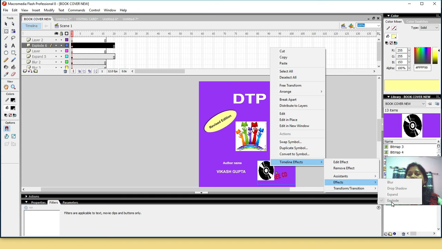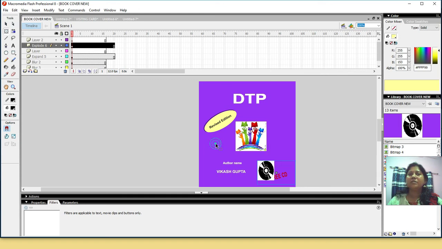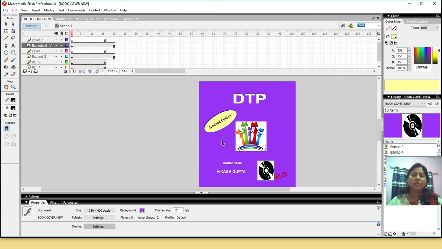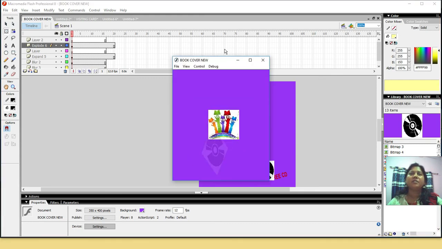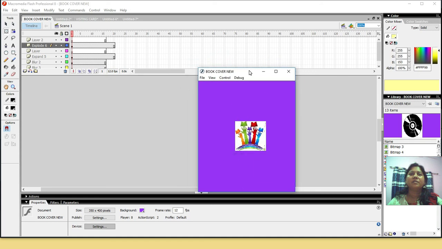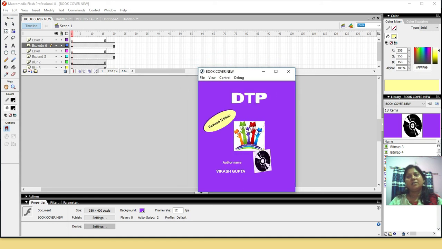Now explode is there. Now see the output. I am pressing Ctrl Enter. Now see, this is the output of your different text timeline effects. Apply it to text along with your picture also.